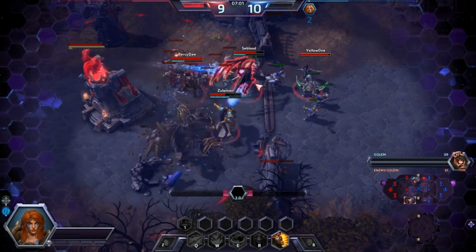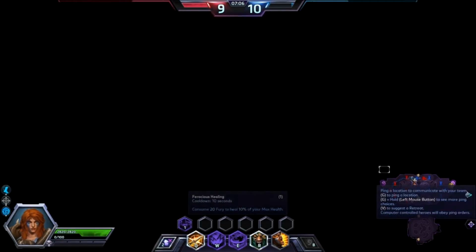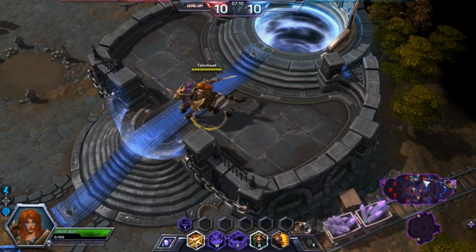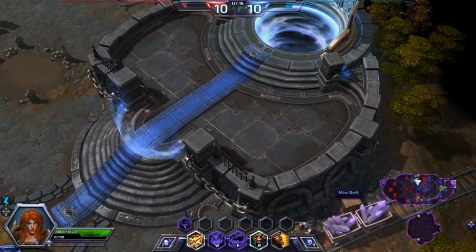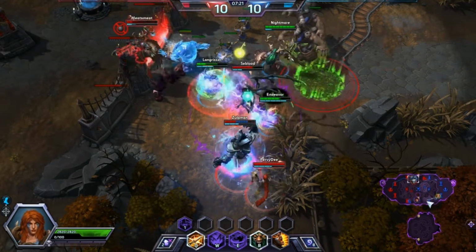And for the level 10, I go with Wrath of the Berserker. And I had a little slip of the mouse there. The reason why I go with Wrath of the Berserker instead of Leap is Leap's good. It's okay. I mean, it's okay. If it had less of a cooldown, it would be a lot better in my opinion. But